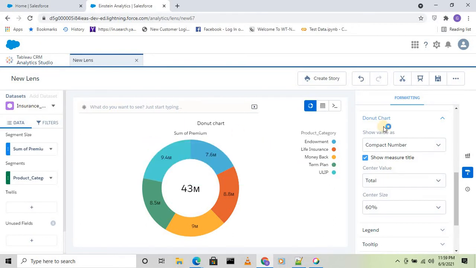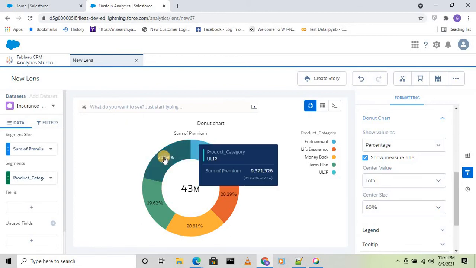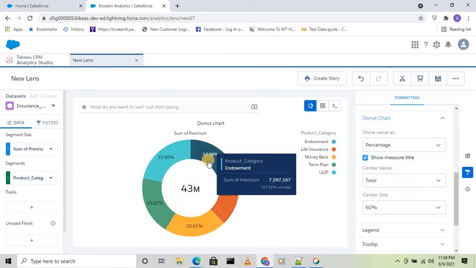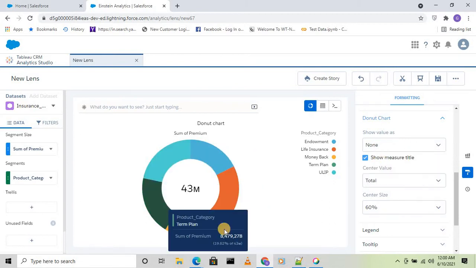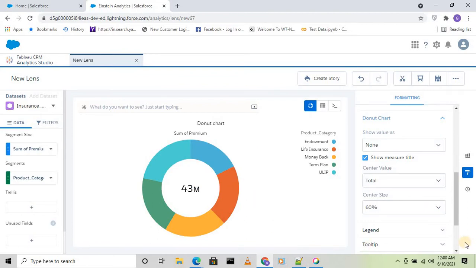It's a simple change. You just go here and instead of compact number, select percentage. The moment I select percentage here, you see the number changed to percentage. Another option you have is none. The moment we select that, there is nothing showing up here. For now let's keep compact number.